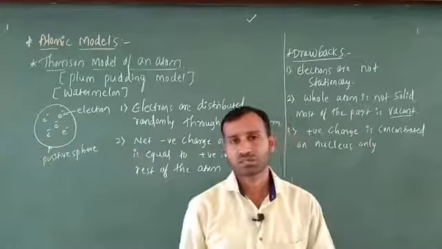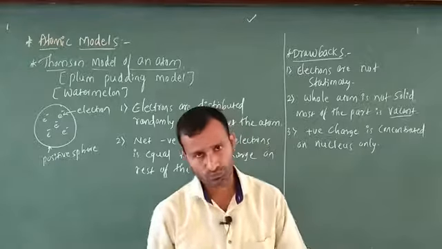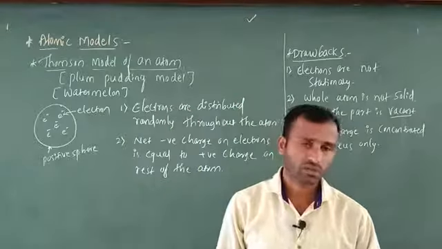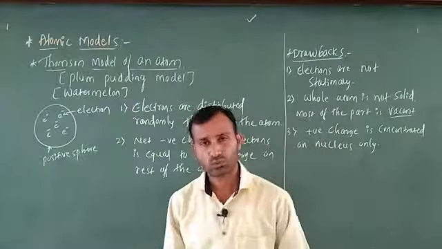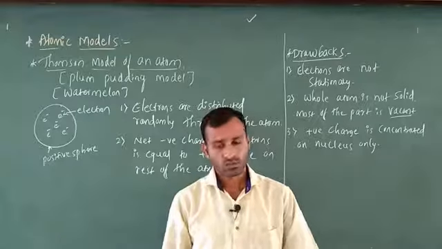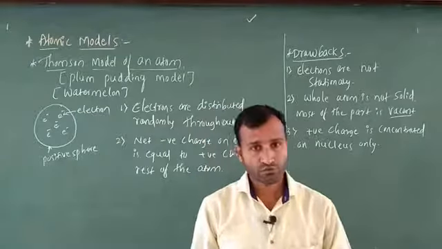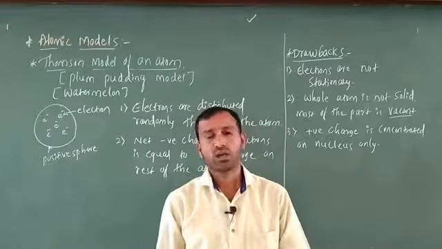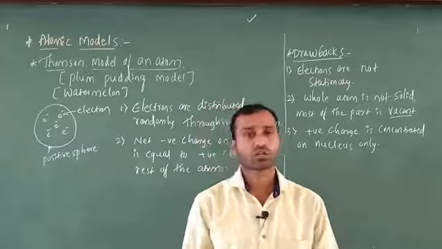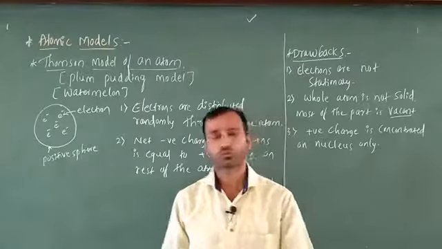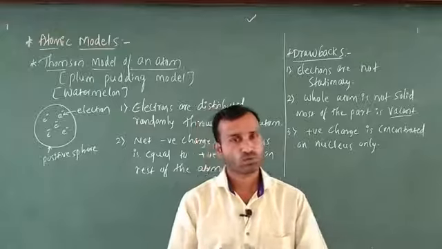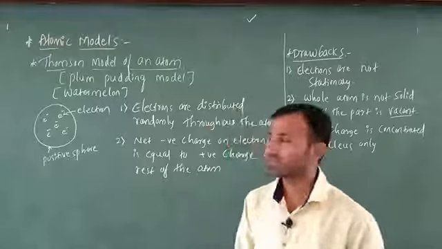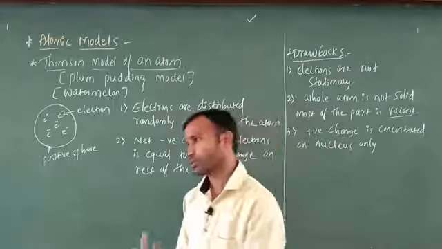As we discussed last class, the discovery of the electron, proton and neutron is completed. Today I am going to discuss the most important part, that is atomic models. In that, we are going to discuss the Thomson model. Atomic model means the arrangement of electrons, protons and neutrons in an atom and its nucleus. That is most important. Where the electron is present, where the neutron is present, and the proton in a nucleus, that is the point we are going to study. That's why the title is atomic model. In this case we are going to study the arrangement of subatomic particles.